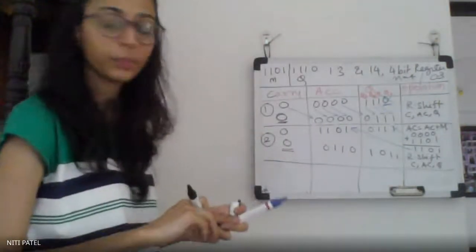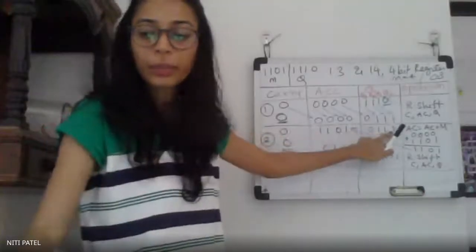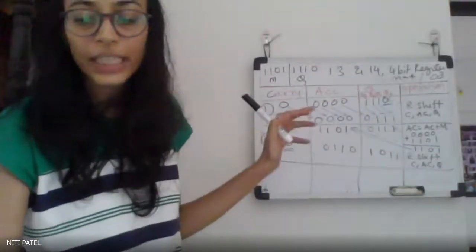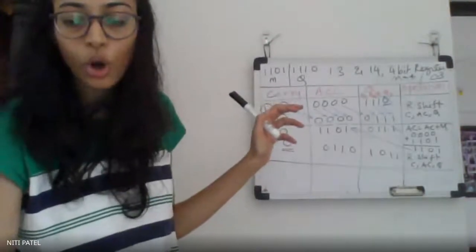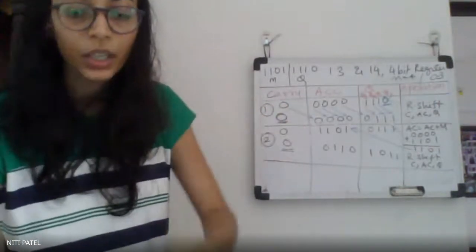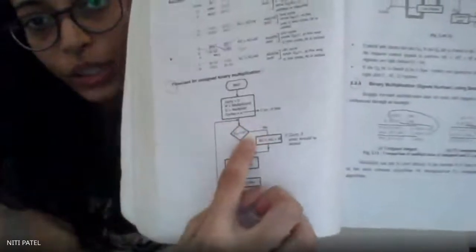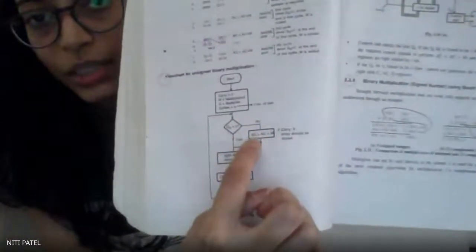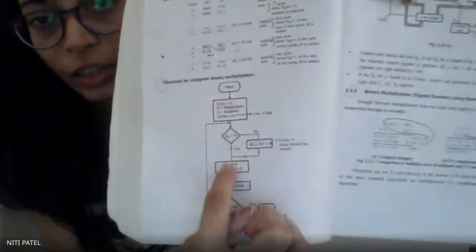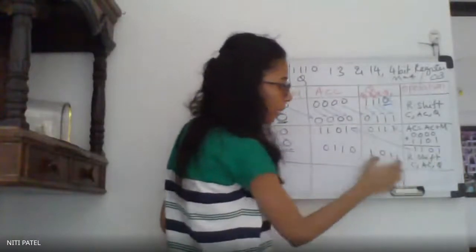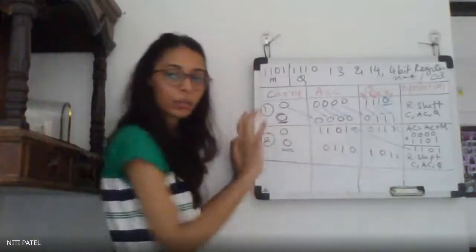Is this understood up till here? Ma'am, Q0 is not 0 here, so how will we do right shift? Where is it not 0? Here? Yes. Look at the algorithm, what is the algorithm saying? If Q0 is not equal to 0, then do AC is equal to AC plus M. After that, where is the arrow going? To right shift. Did you draw that arrow in the algorithm? Yes, ma'am. So what is it? If Q0 is not 0, you have to do AC is equal to AC plus M, and after doing that, come back and do right shift. So what did we do? We did AC is equal to AC plus M, after that we did right shift, and then finished the cycle. Okay ma'am.